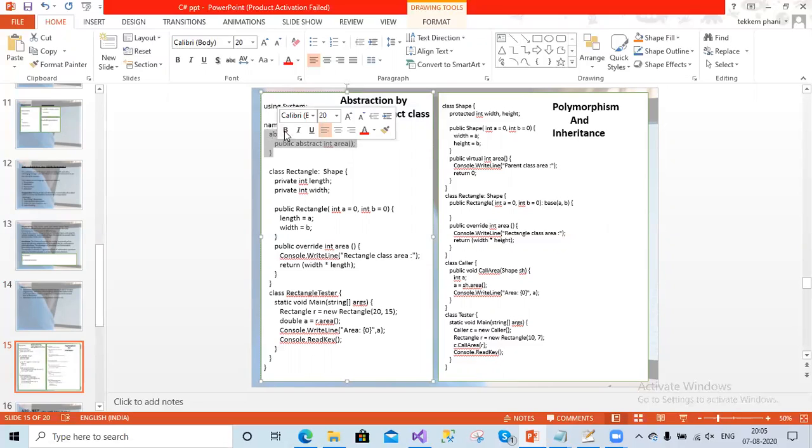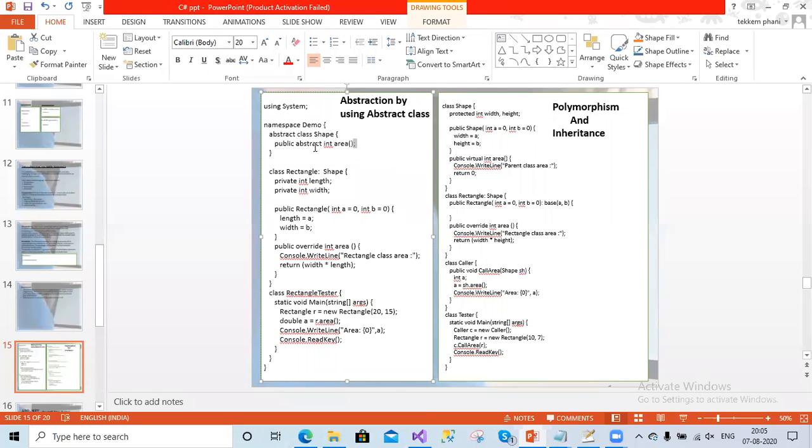An abstract class will have the abstract keyword before the class, and for the abstract methods we have to use public, abstract, the return type, the method name, and we have to close the method with a semicolon right there. So abstract methods will not have any body, whereas inside the abstract class we can write concrete methods also. That means methods with some implementation.